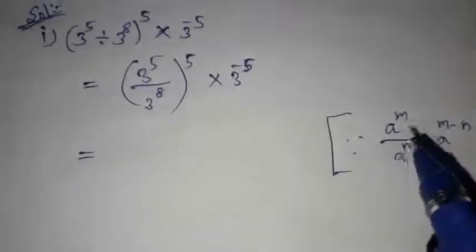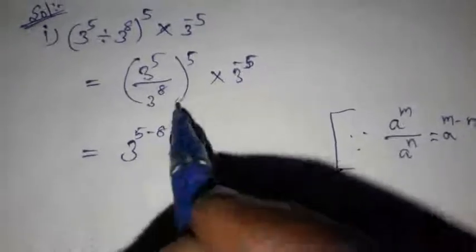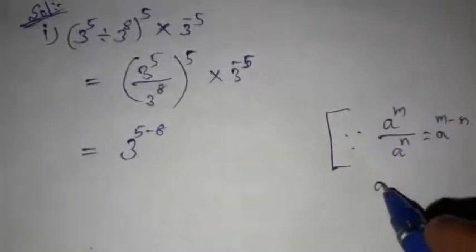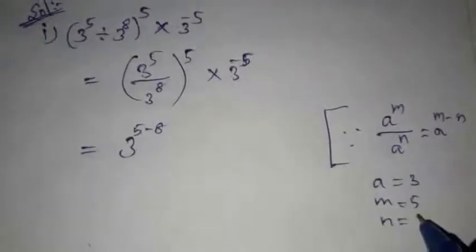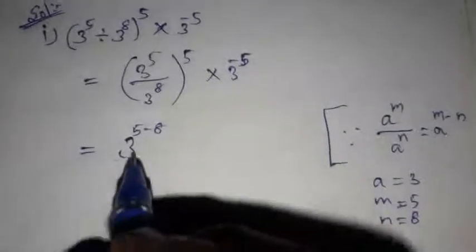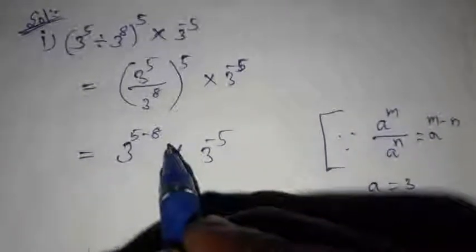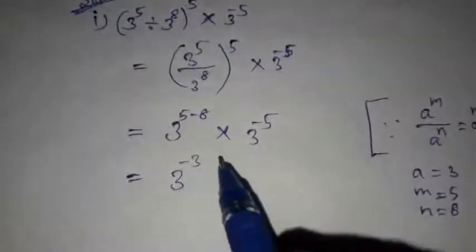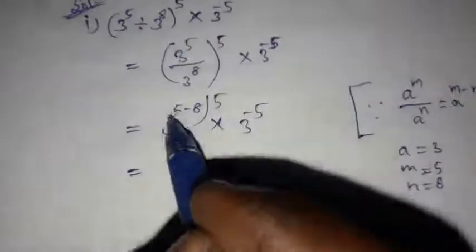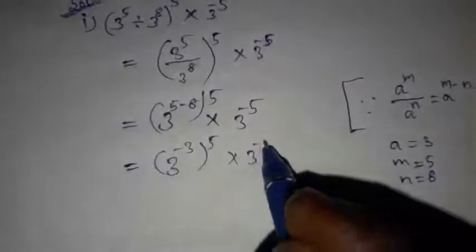Because of this law, it can be written as 3 power 5 minus 8, where a equals 3, m equals 5 and n equals 8, into 3 power minus 5. 3 power 5 minus 8 equals minus 3. Don't forget to write the power here. There is a power 5